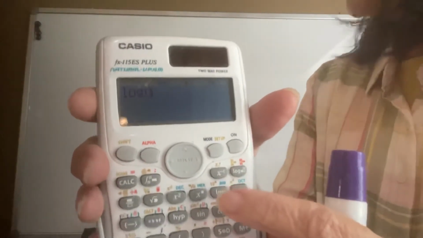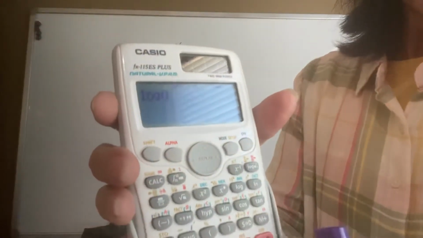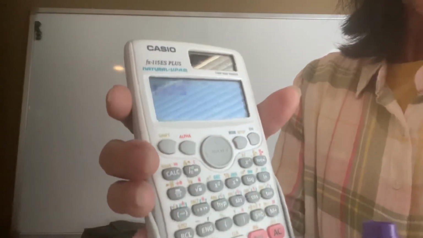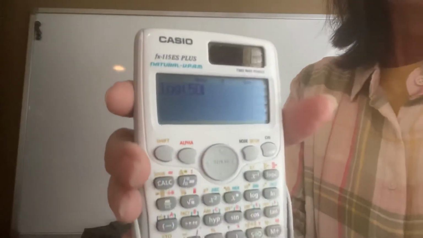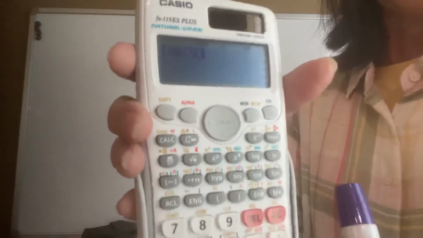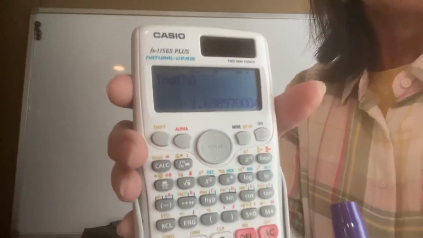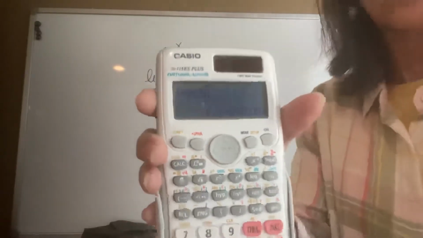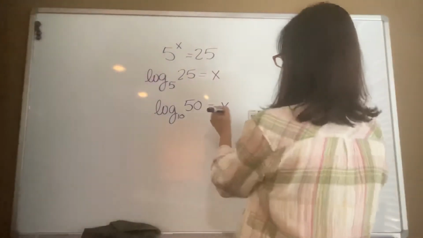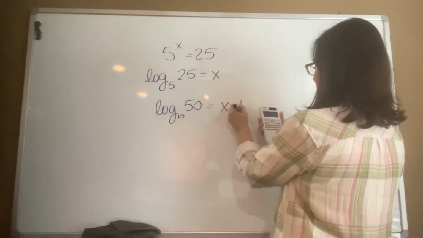And then I put my anti-log in, which is 50. And then I hit enter. And it gives me a decimal place. And we write the solution to 4 decimal places. So x equals